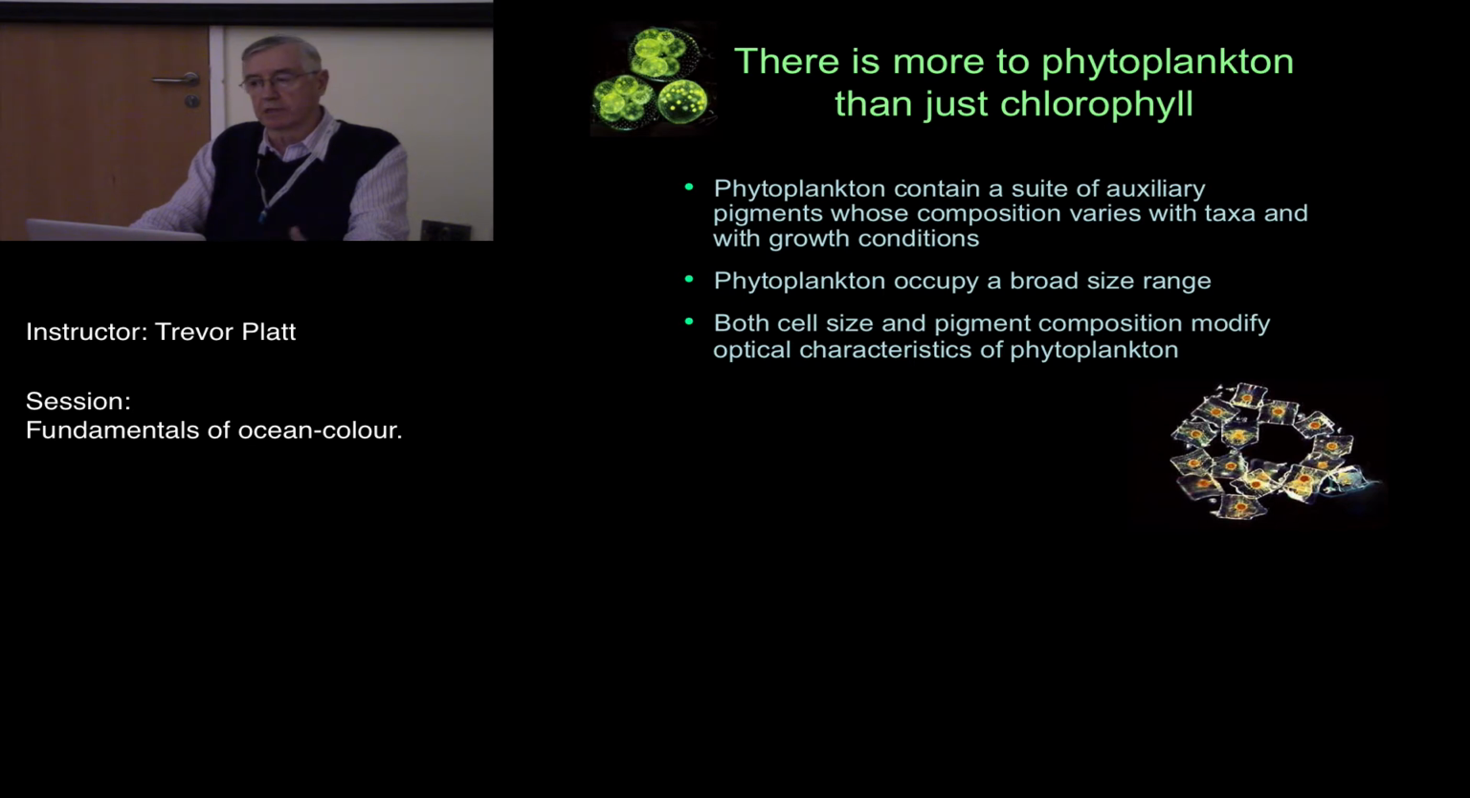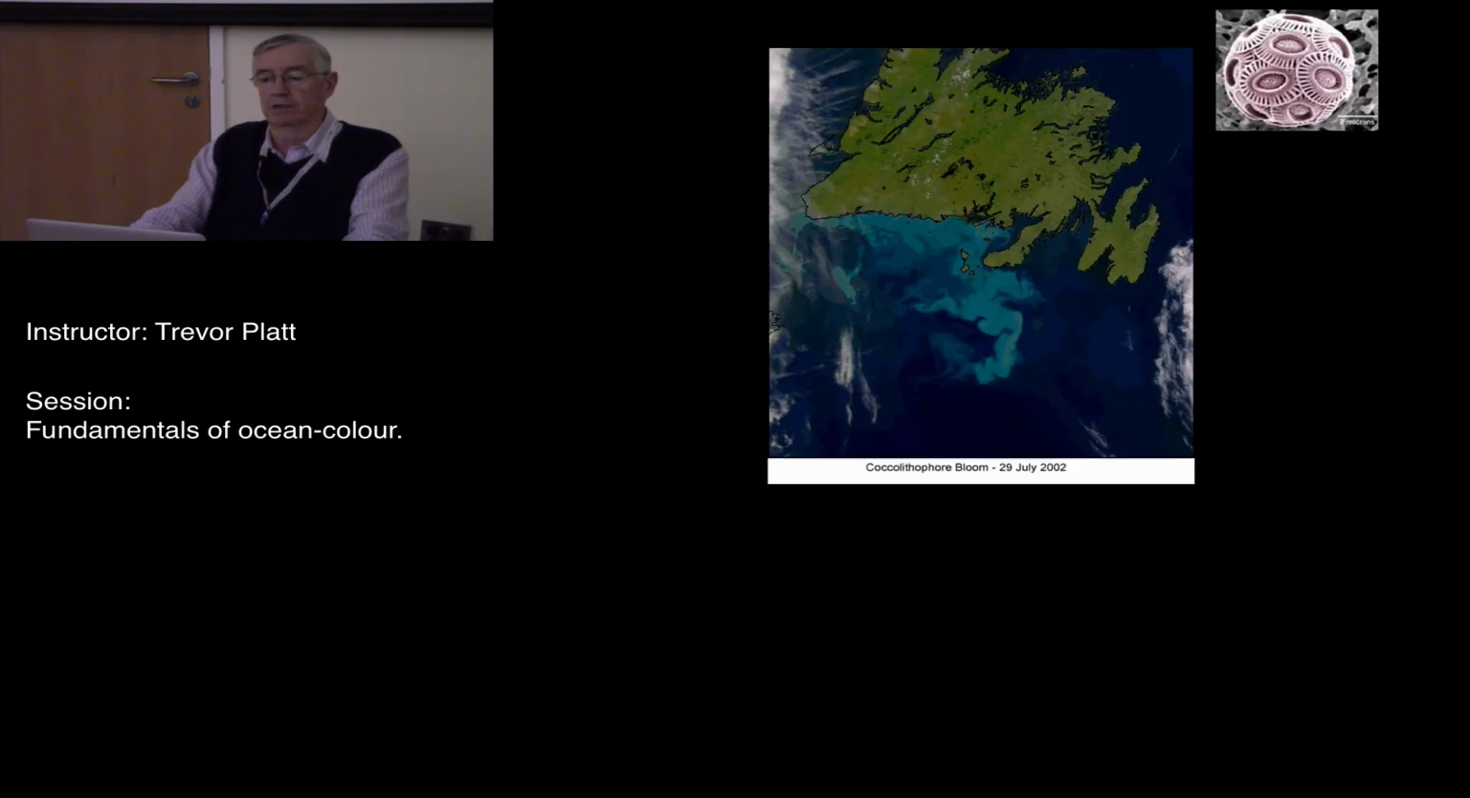There are other pigments that we can measure, and there are other things that we can do. So both the cell size and the pigment composition modify the optical characteristics of phytoplankton. Here's an example we've seen already. This is Newfoundland, Canada. It's a cold place, not the place you expect to get turquoise water. But when we have these coccolithophore blooms,